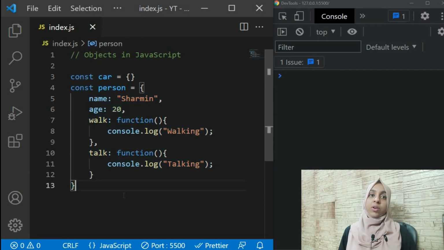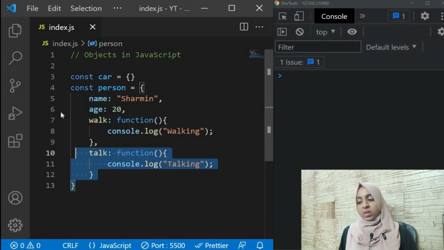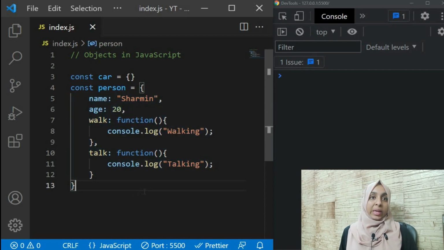So objects are this simple. You just need to understand how you are supposed to define things. Okay, so we already have an equal to over here, so we use a colon over here. Okay, so we use colons. So now this is how you actually define your object. Now how we can access the object and its properties and its methods, we will see that.